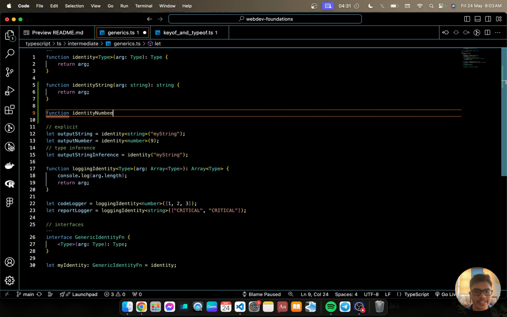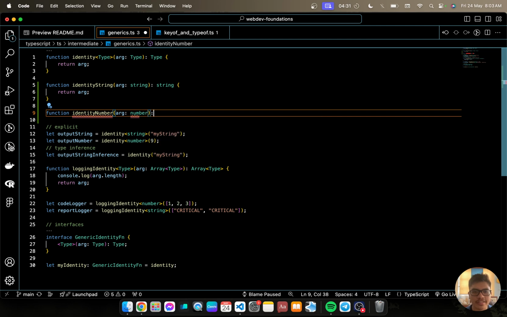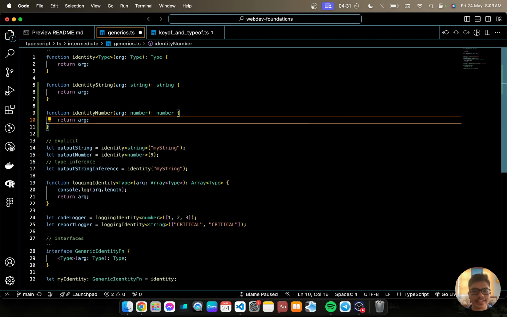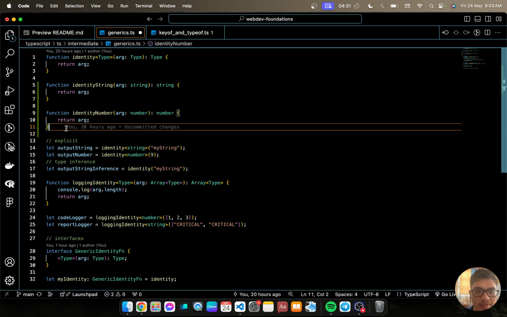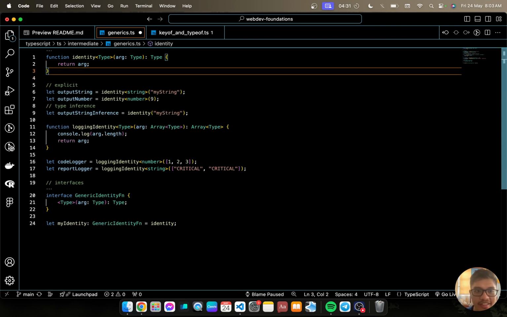Identity number, arg number, return arg, and so on and so forth. We can just create a generic function identity that accommodates various types. Okay? So as you can see here,